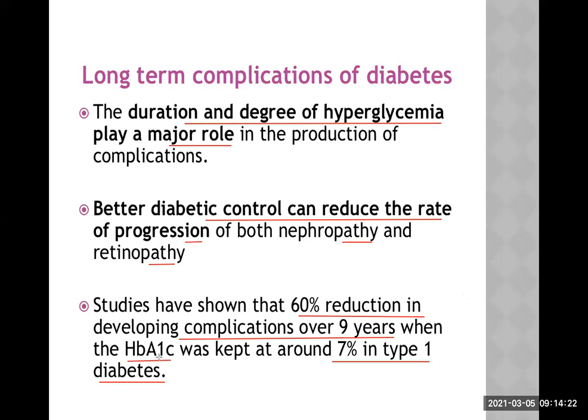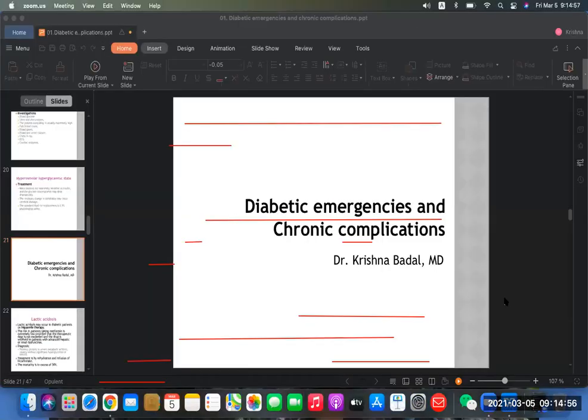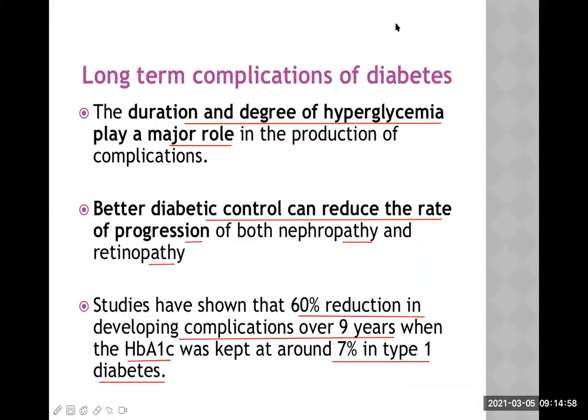Excellent. So what is glycosylated hemoglobin? If glucose is excessive in the blood, that glucose will stick on the surface of RBC, onto the hemoglobin. That is glycosylated hemoglobin, a non-enzymatic connection. If the patient has very poor control in the past 3 to 6 months, then HbA1c would be higher. If the patient has good control of blood sugar, then HbA1c will be in the normal range. So that is the important point. Let's move on.